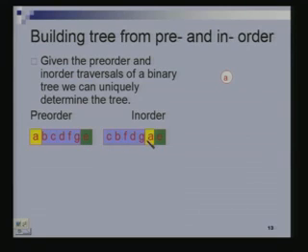So I know that the left subtree has 5 elements in it. This is the information I know. So in the pre-order traversal, the 5 elements following A would correspond to the pre-order traversal of the left subtree. And the 1 element following that would be the pre-order traversal of the right subtree. So in essence, what have I managed to do? I have managed to identify what the left and the right subtrees are, and I know their pre-order and in-order traversals.